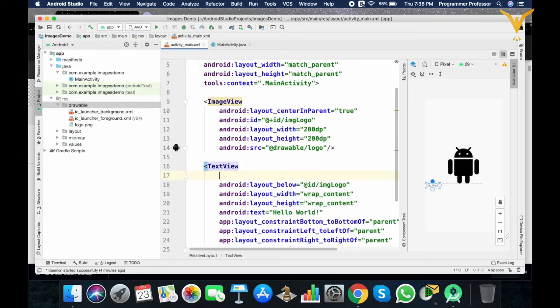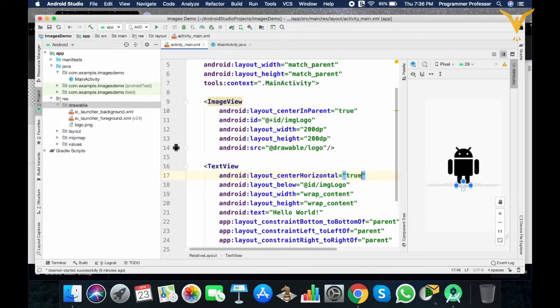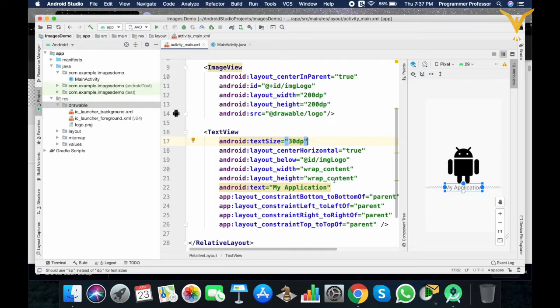And here we'll add the attribute so that it will make it to the center. For this, center horizontal true, and let's change the text size, so 30 dp. So hello world, let's change this to my application. You can give any name, and you can add your attributes to decorate these two options.